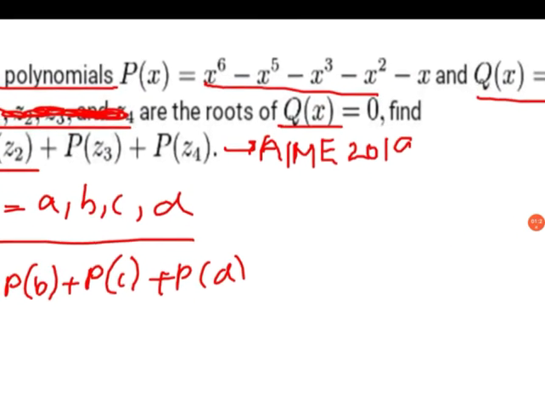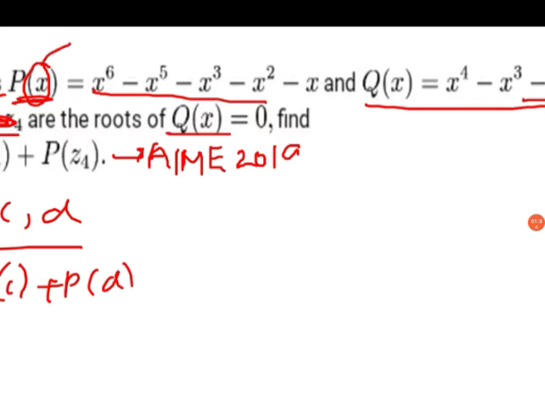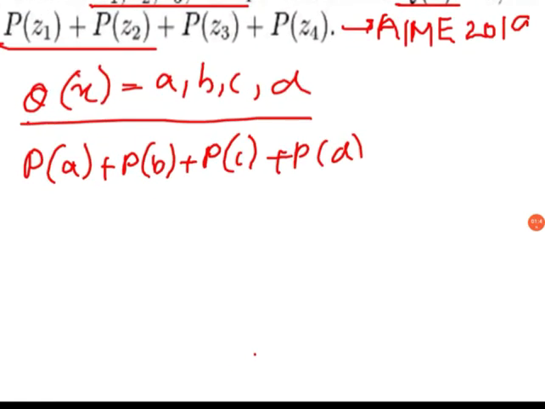If you have a very close look at the polynomial P(x), and replace x with a, b, c and d, you will find that basically they are asking us to find